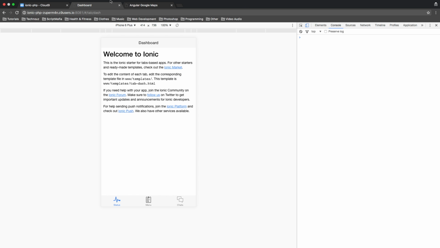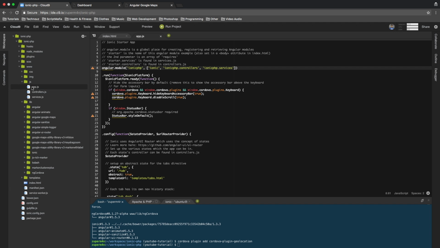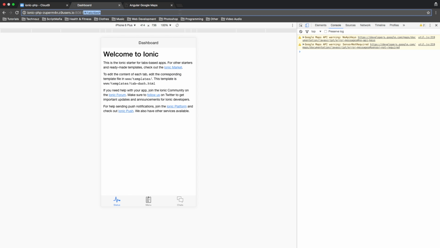So far so good. Now we just need to add those modules as a dependency to our application. And to do that, we just want to go to the app.js file located within www/js. And up here where we declare the dependencies, we just want to add ngCordova as so, and also we'll want to add the Google Maps plugin, which is defined as uiGmapgoogle-maps, and hit save. And again, let's try and reload our application, and since no errors were thrown, it means